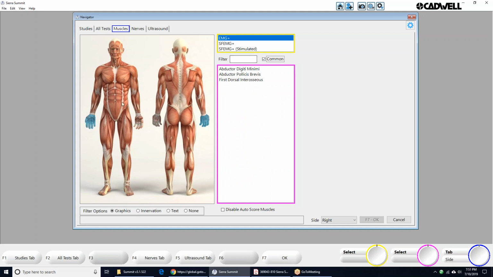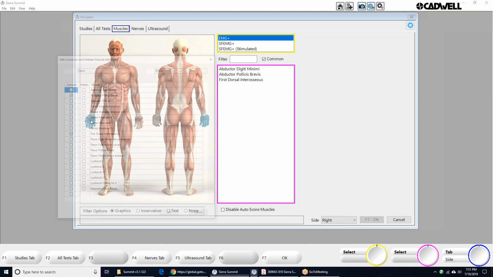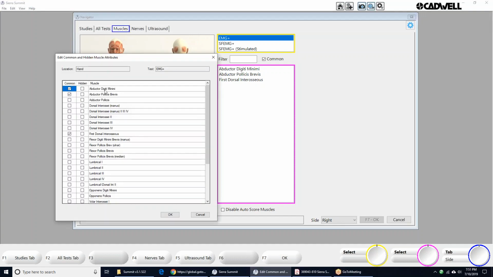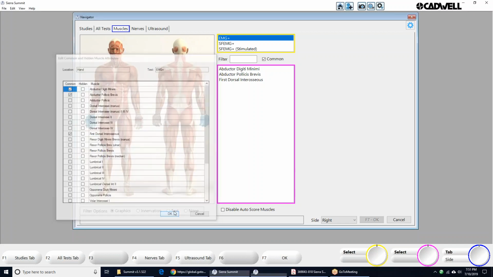used. Okay, so to set this up, all you have to do when you're in this window is right-click on the region, and it gives you this window. In this window, I can decide which muscles are set up as common, and also if there's muscles that the physician or the hospital never uses, you can set those up as hidden. So if you check the box as hidden, that means that those muscles are never going to show up in the navigator. If you check the box as common, those muscles will show up when we have this common box